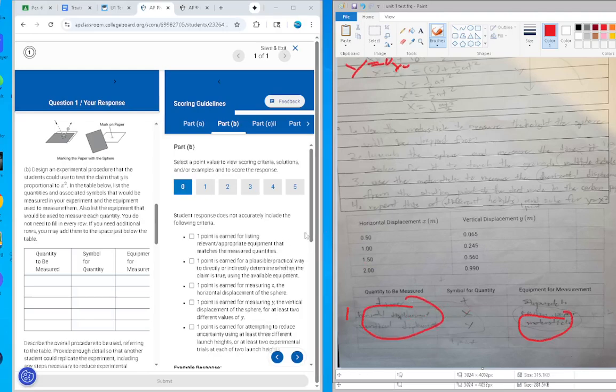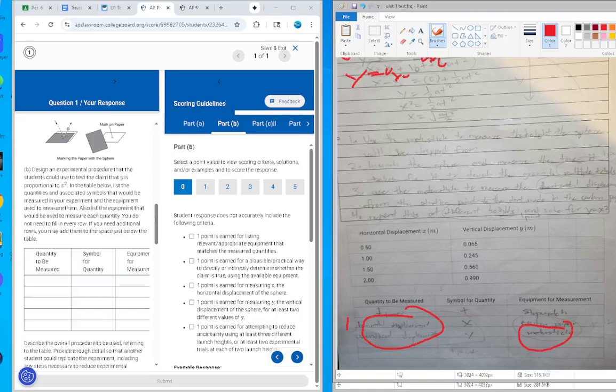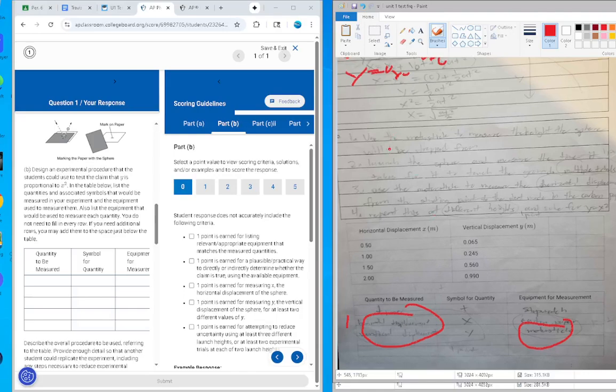And 1 point is earned for a plausible, practical way to directly or indirectly determine whether a claim is true using the equipment. So basically I said that I'm going to use a meter stick to find the height and the horizontal displacement, as you see here, and the different heights, and then I'm going to use it to